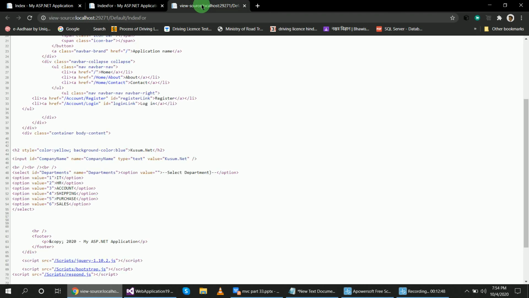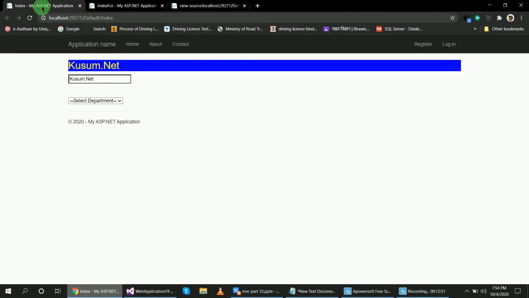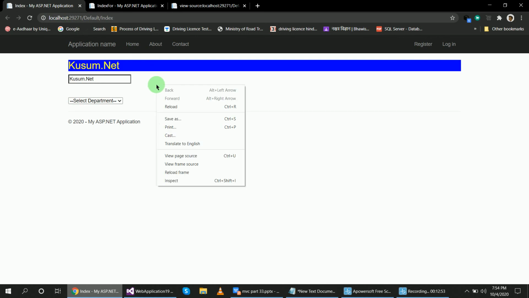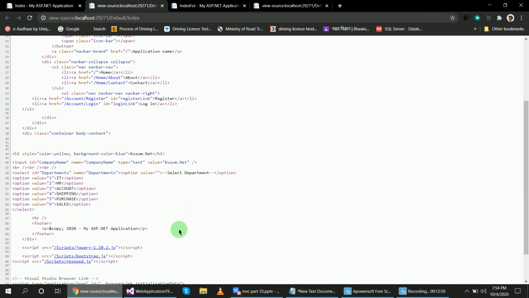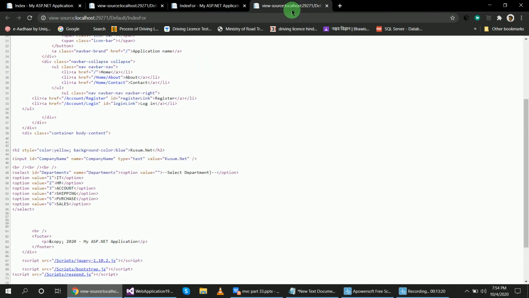This is for Index and this is for Index4, okay. Inside of this page source, you can also see here the same output HTML. So at last, all the code, either strongly typed or hard coded, will be converted into the HTML tag. This is the same code generated by the Index method view page, and for Index4, the same code is generated at last, okay.